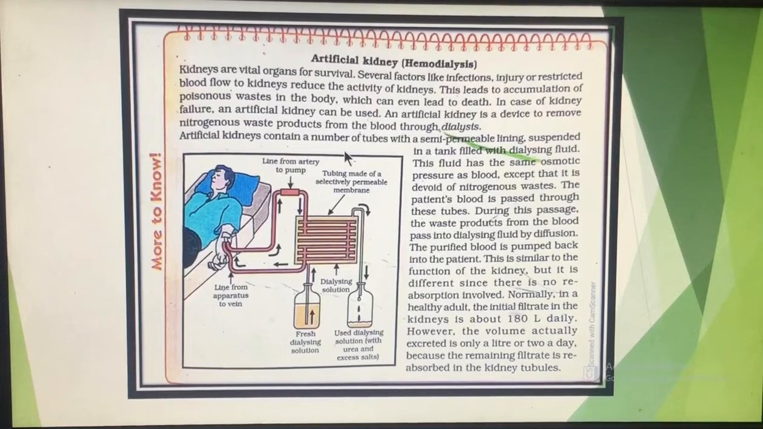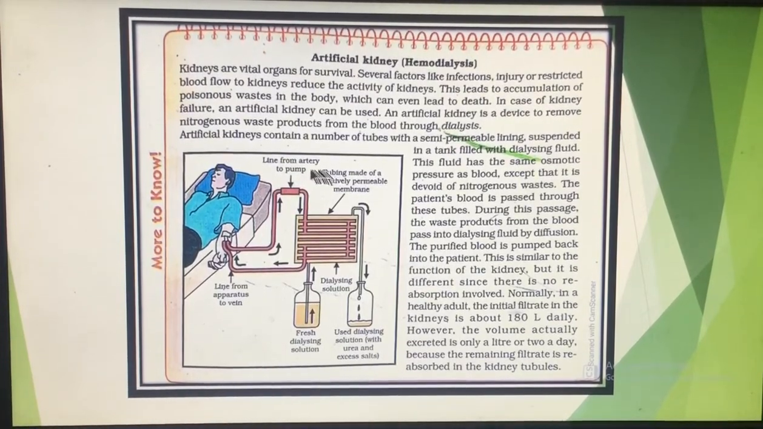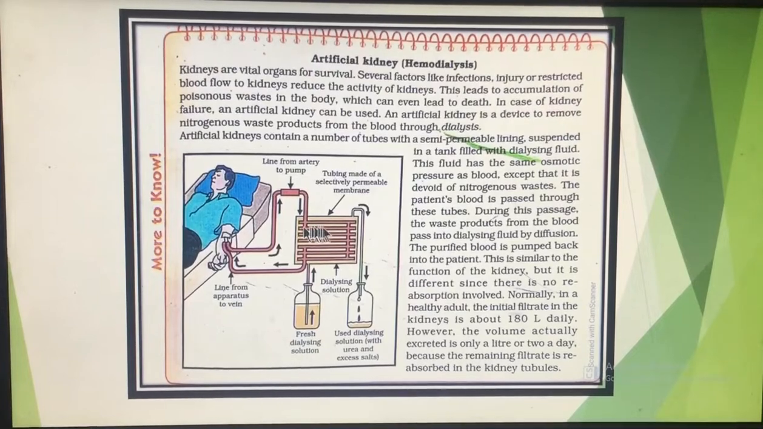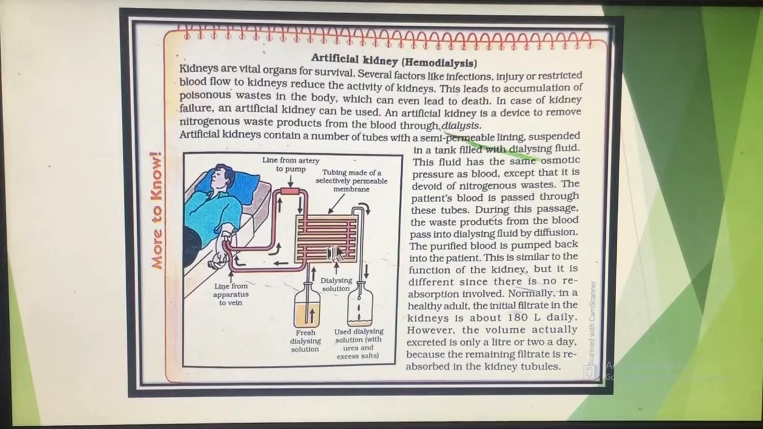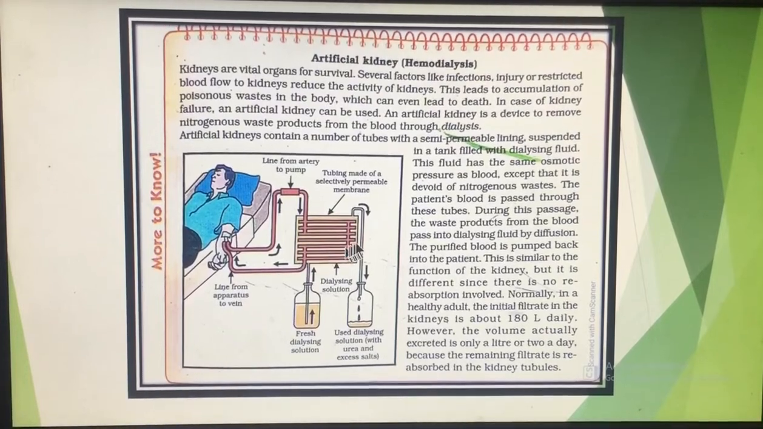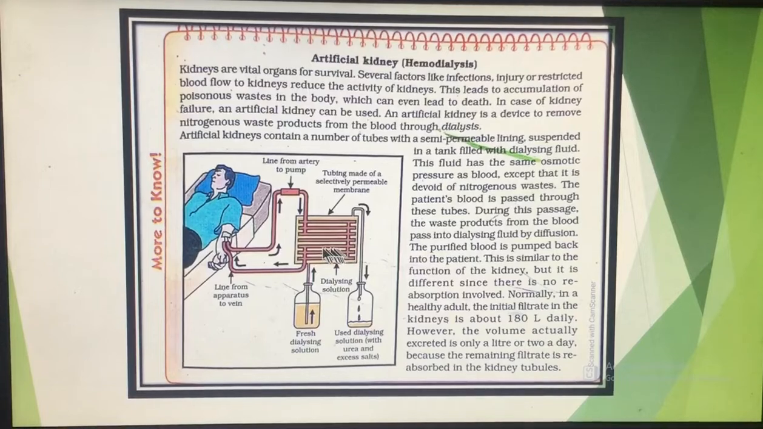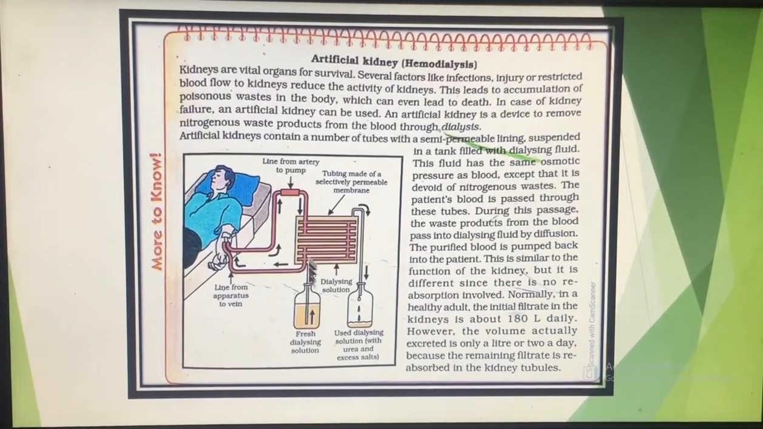In this artificial kidney, this is a diagram of an artificial kidney. Now in this hemodialysis, there are many tubes present. You can see these red colored tubes, and these tubes are semi permeable. Semi permeable means they can allow certain fluid to pass through. These tubes are present in a chamber, and outside the tubes one fluid is there which is known as